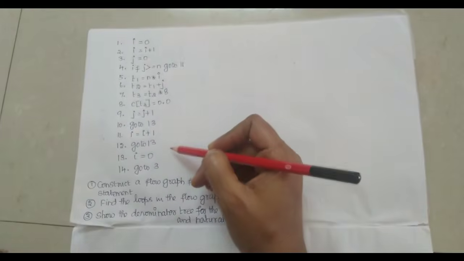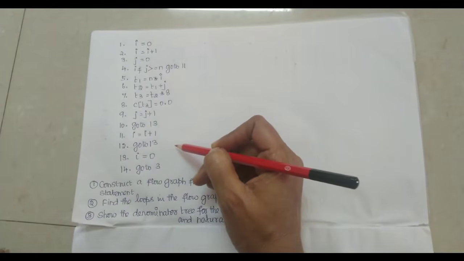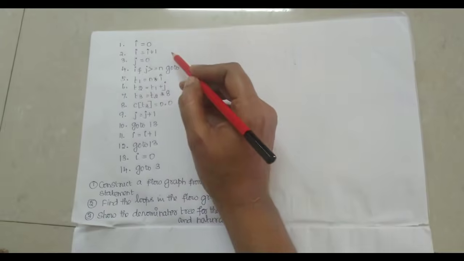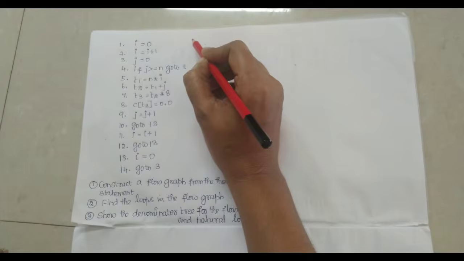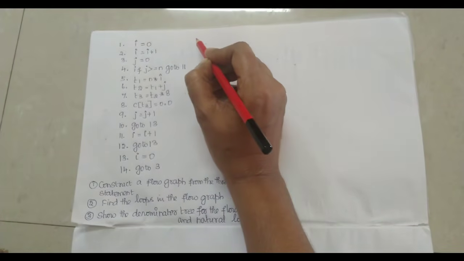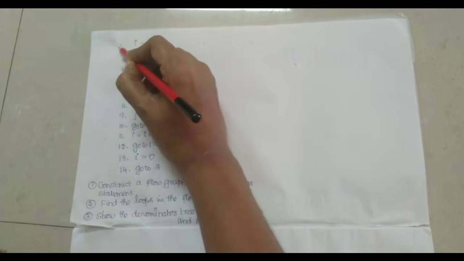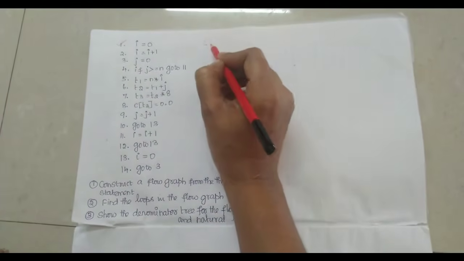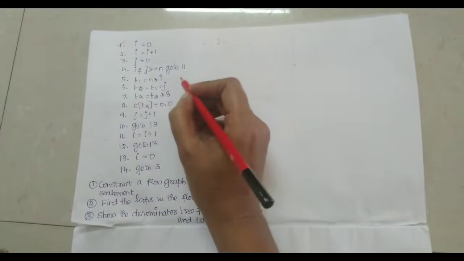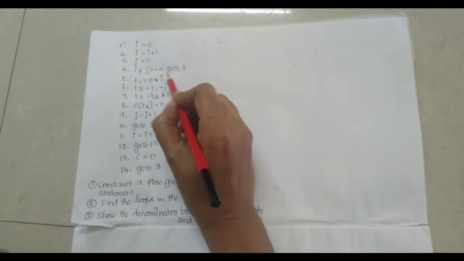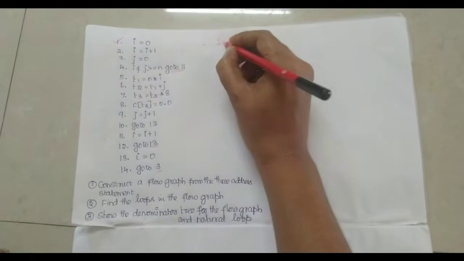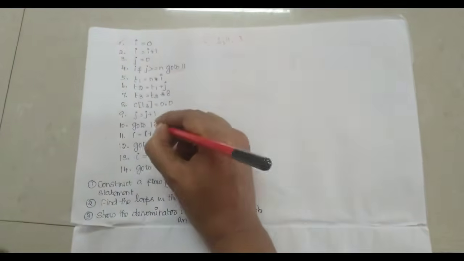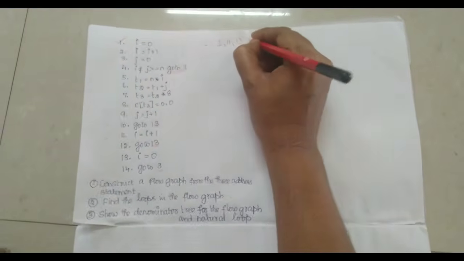Before constructing a flow graph, we should know how to construct the basic blocks, right? For constructing a basic block, the first step is to identify the leaders. So what is the rule in identifying a leader? The first statement will always be a leader. The second rule is that whichever statements are conditional targets are also leaders. So here 11 is a leader, 13 is a leader, and 3 is a leader.